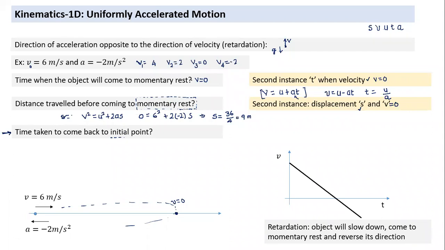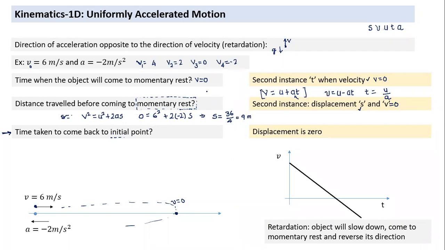When we come back to initial point, what does it mean? Where is the particle now? It has gone and come back to the same point. What does that mean? So when it comes back, is it again 6? No. Where does it say it is 6? Something else. Displacement is 0. Suppose you go to school and come back home. What is your net displacement? Displacement will be 0. So for time taken to come back to initial point, this is not so difficult.